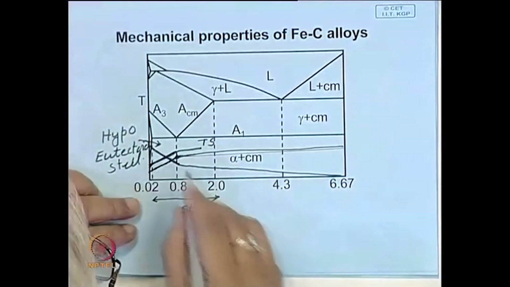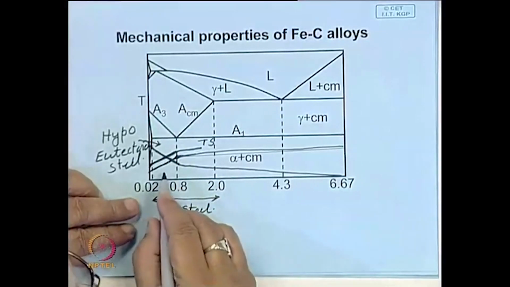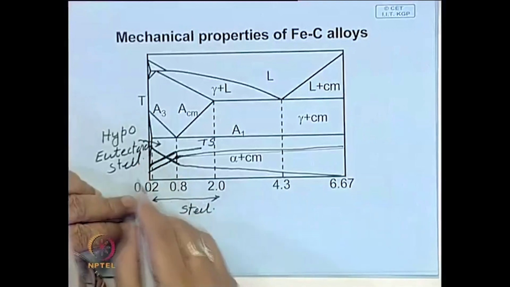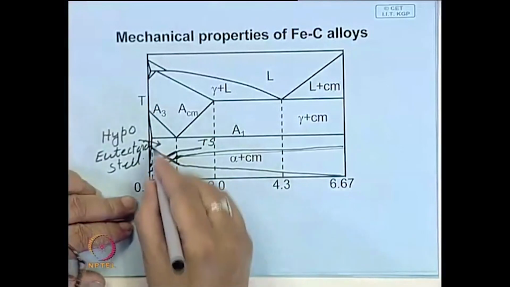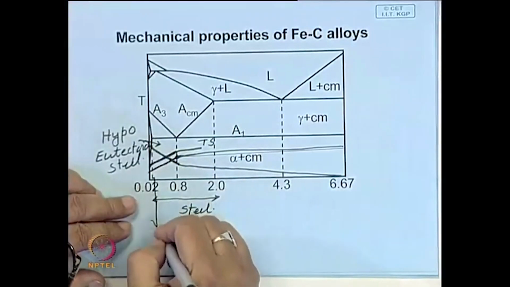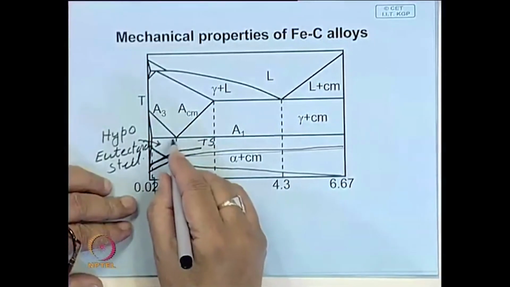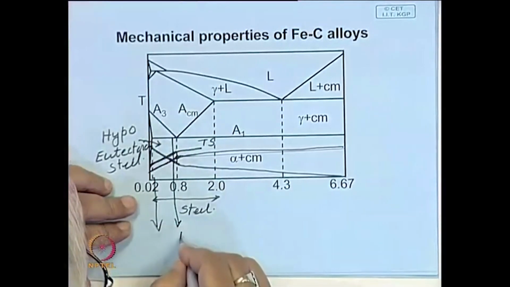So, carbon is the alloy element which controls the properties of steel to a great extent, and the bulk of the steel for most applications like car bodies are very low carbon steel, almost close to this end, which will be mostly ferrite, little pearlite, and you have rails, and these are medium carbon steel, say maybe 0.6, 0.7, this is a rail steel,